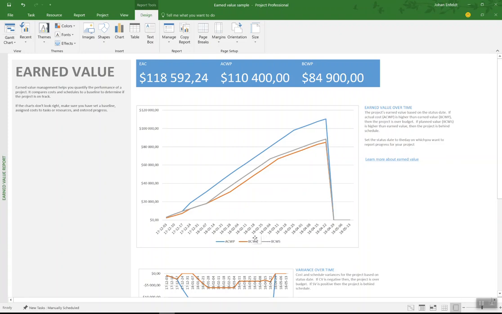And here we have three lines. I'm going to start with the gray one, which is the budget cost of work scheduled, and that is our plan value. This is what the cumulative cost over time would look like if the project ran according to baseline. Then we have the orange line, which is the budget cost of work performed. So this is actually the earned value,